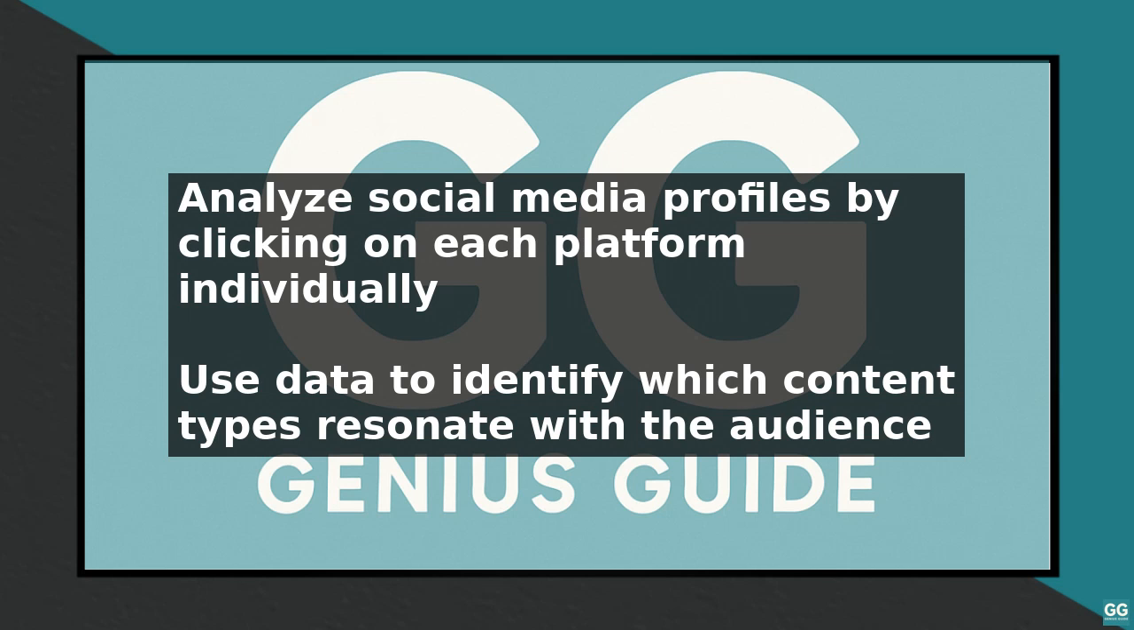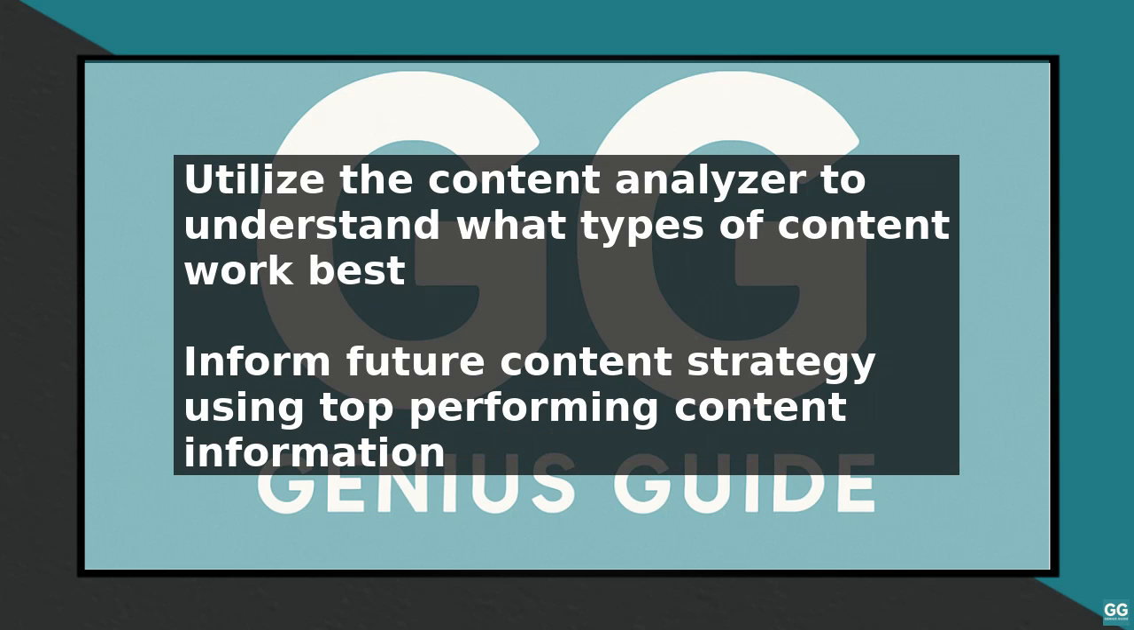The Social Media Toolkit also includes a content analyzer, which helps you understand what types of content are working best for your brand. Look for the top-performing content section, where you can see which posts have generated the most engagement, likes, and shares. Use this information to inform your future content strategy and optimize your social media content for better